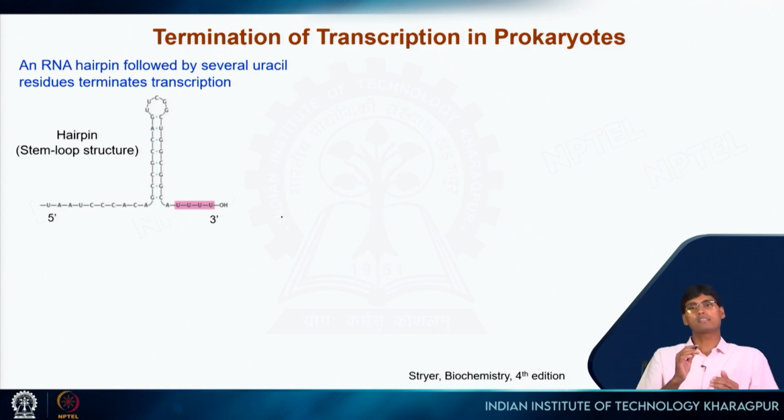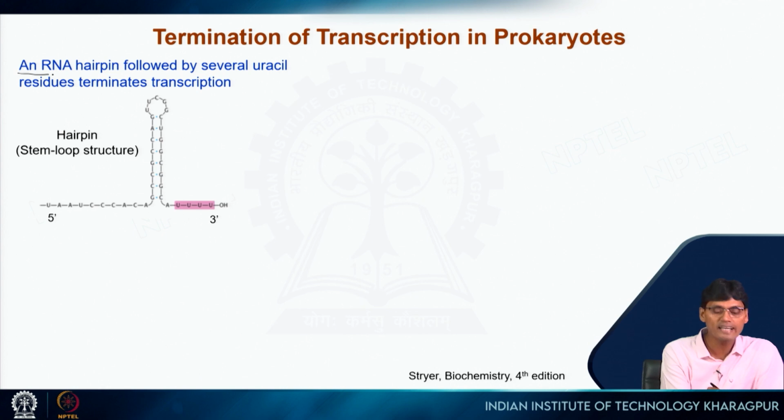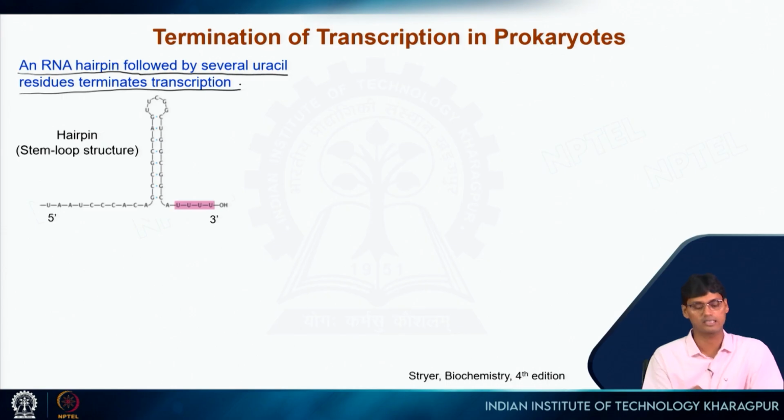Now, once the synthesis has started, at some point it should be stopped, otherwise it will keep going and going, making RNA out of DNA unnecessarily. So we have some mechanism, particularly in bacteria: an RNA hairpin followed by several uracil residues terminates transcription. As you can see, this is the growing RNA chain. We have many nucleotide residues on the 5' end, and on the 3' side,